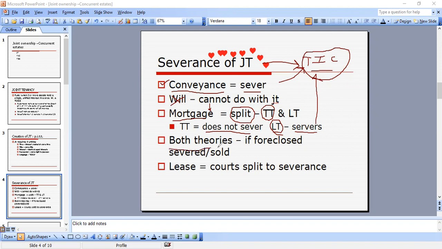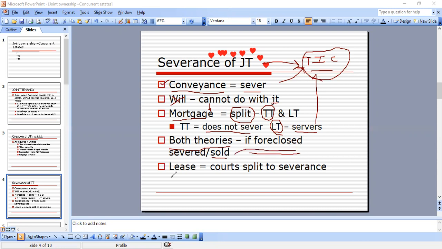Both theories. Okay, if foreclosed, severed, sold. So basically, the joint tenancy is severed if the mortgage is actually foreclosed and the property is sold, okay? So it is severed, but it has to be foreclosed and it has to be sold, and that's going to be severed